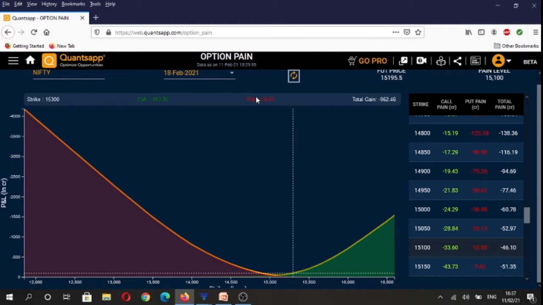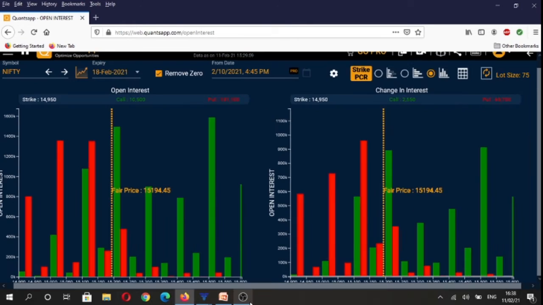So for 18th February weekly expiry contract, currently the max pain level is at 15,100 levels. If we analyze options overall open interest data, you will see that highest amount of calls have been written at 15,500 strike, followed by 15,200 strike, and highest amount of puts have been written at 15,100 strike and 15,000 strike. So going forward, 15,000 is going to act as a strong support in the markets.